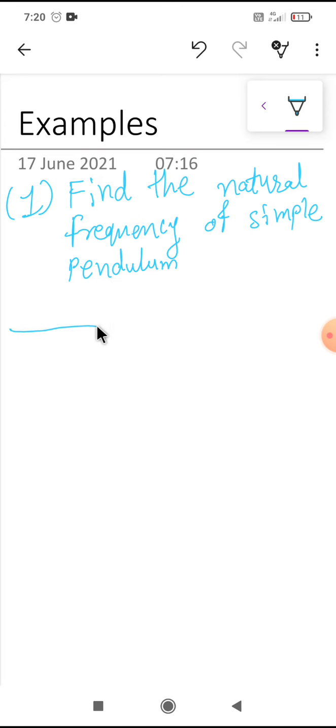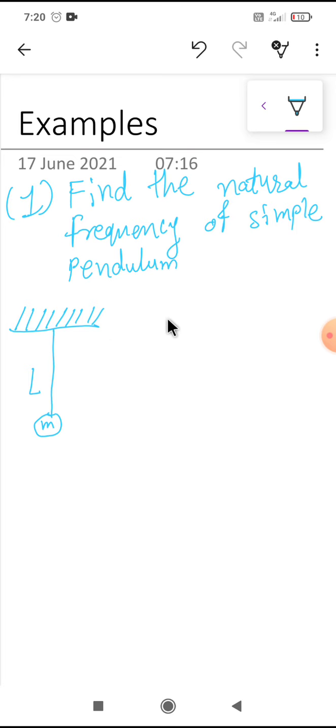Suppose this is the fixed surface through which an inextensible string is attached, having mass m, and the length of the string is L. So this is the equilibrium position, or stationary position, it is not oscillating. So in this case there is no motion. Now suppose